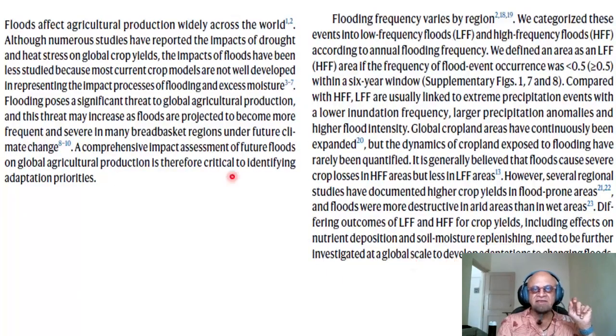So let me read off some text. Again, I'm being very brief, it's a long paper. I'm going to cut it short. I'll just give you a summary enough for you to get the main points, but you have to go back and read the paper if you want more details.